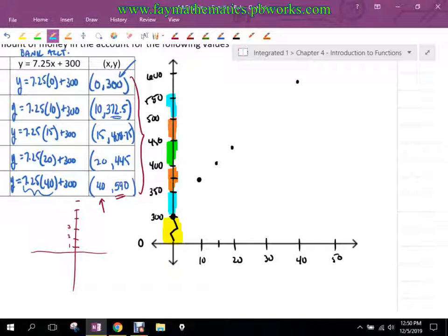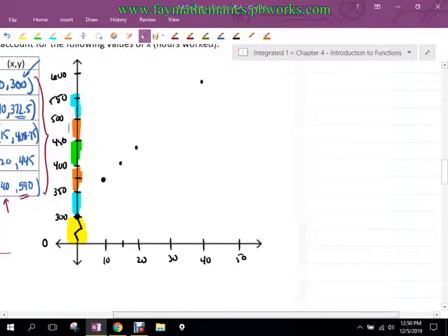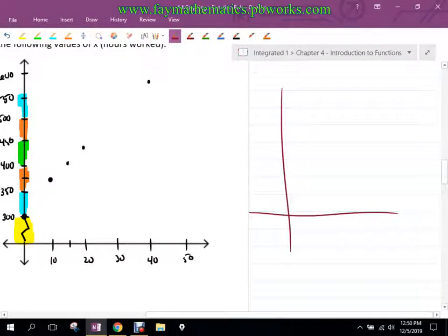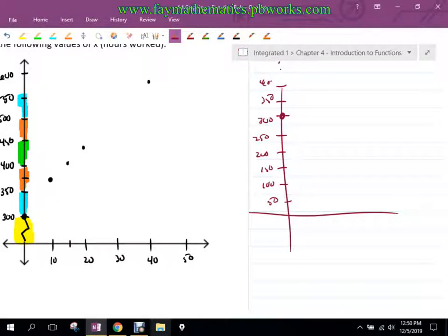It's just something to pay attention to. If you don't do that, that's fine. If you still want to go by 50s, you could take your graph over here, and if you want to still go by 50, 100, 150, 200, 250, 300, and there's your first point then, and then continue up to 350, 400, all the way up to that 590, that's fine. But what do I find out? Didn't I waste